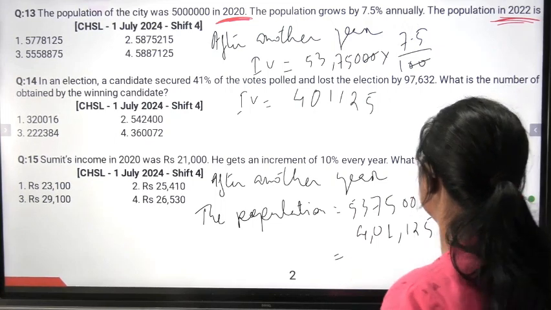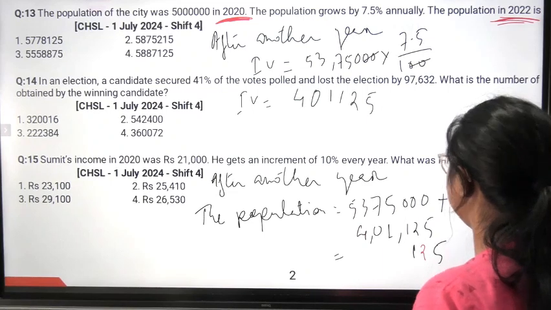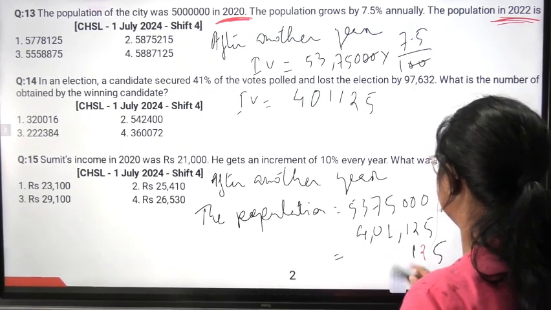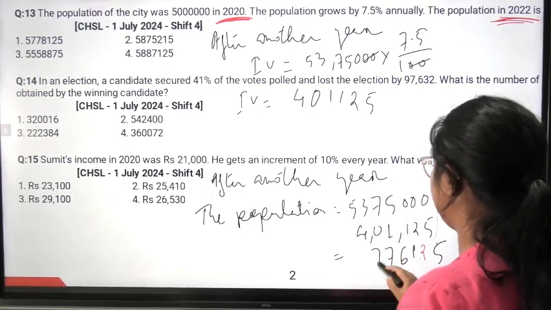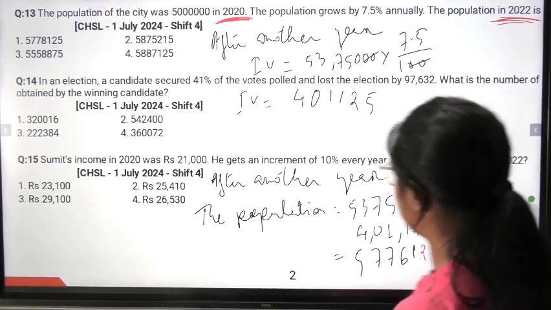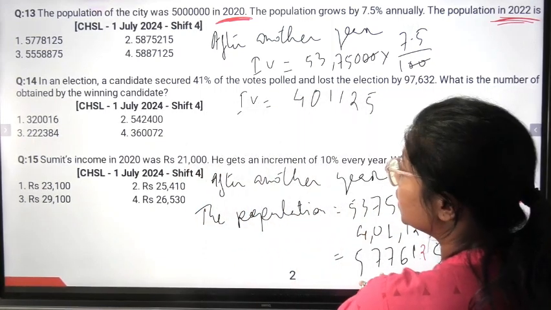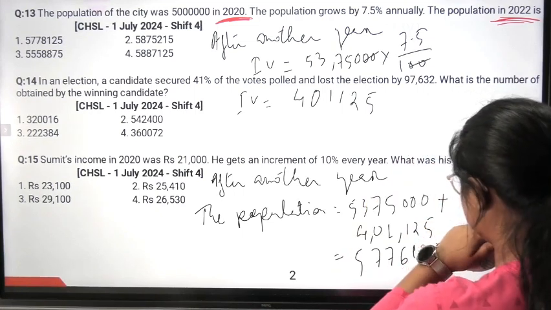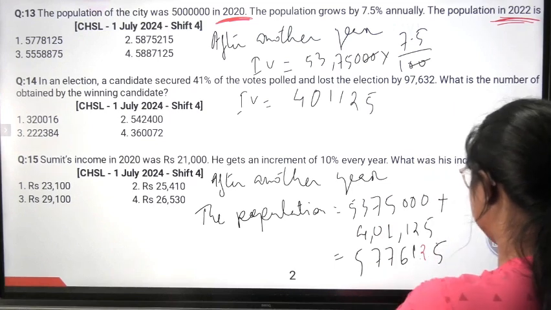So if I add this 125, then 4, 6, 7, 7, 5. So if there is any option, 57, yes, 57, 7, 6, 1, 2, 5, 7, 6, no, it must be 7, 8. This should be 8,